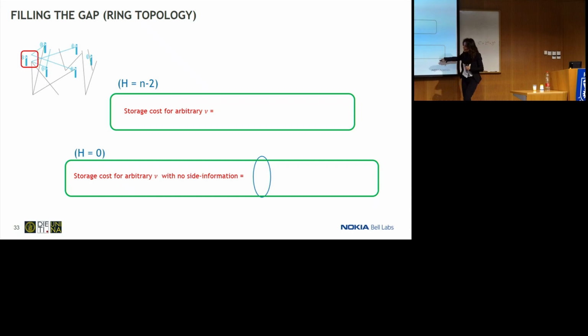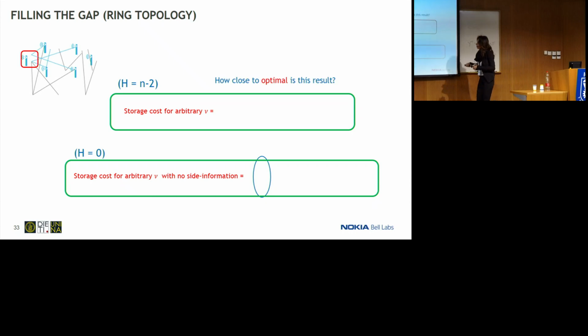Now, here I was planning to compare the storage cost when you do not have side information and when you have side information. In this case, you will see that in the first order, the entire storage cost with no side information is just a factor of N larger, where N is the number of versions. So the gain among these two approaches, even if here we are pushing a very strong assumption, we are assuming that everybody knows the state of everybody else except for one, is actually equal to the number of versions. So theoretically, for a very large number of versions, you can have a very large gain.